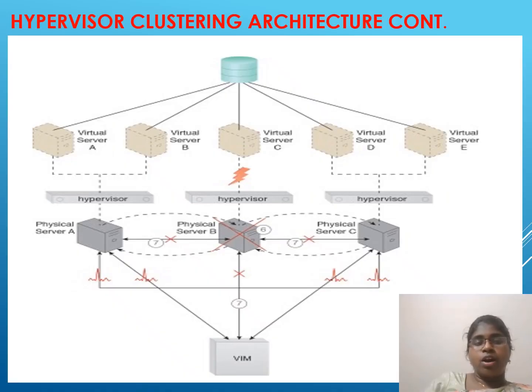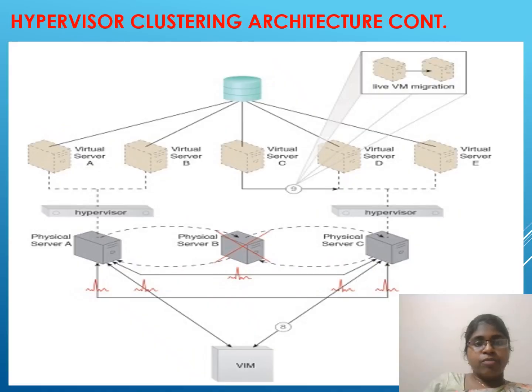The hypervisor cluster architecture controls and allocates virtual resources in cloud infrastructure like OpenStack and VMware in the data centers. This is the final hypervisor clustering architecture. When hypervisor clusters connect with live VM migration, the server can automatically connect to the virtualized migrations in one data storage to another server. If one system fails to access data, it automatically connects to another system to generate the data in